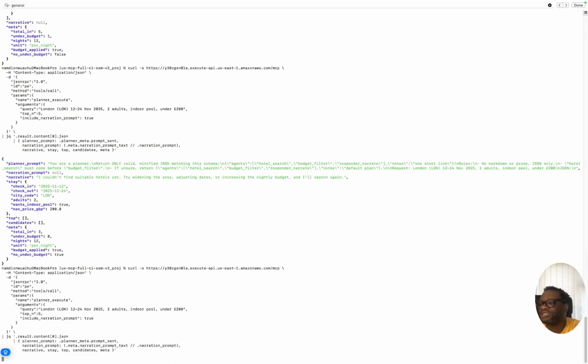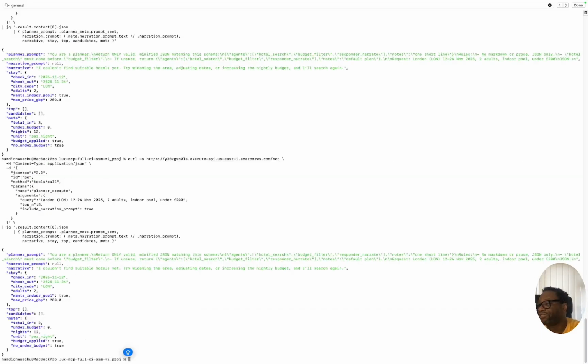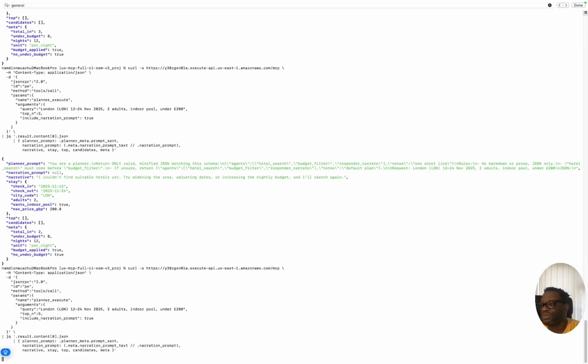We've proved that JSON-RPC over the API gateway at /MCP is the correct endpoint. The request is parsed and routed accordingly. We've also proved that the planner agent is able to turn the natural query and format it accordingly